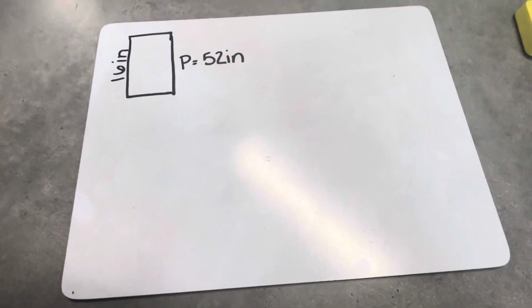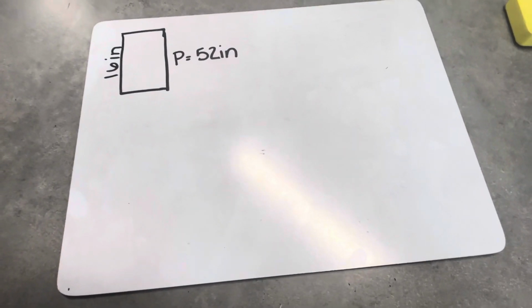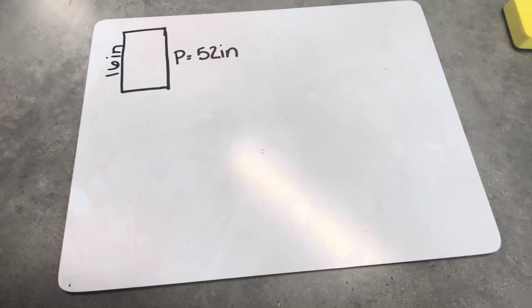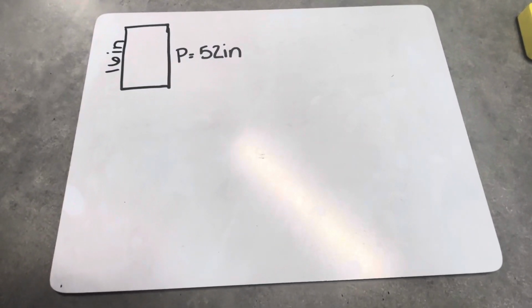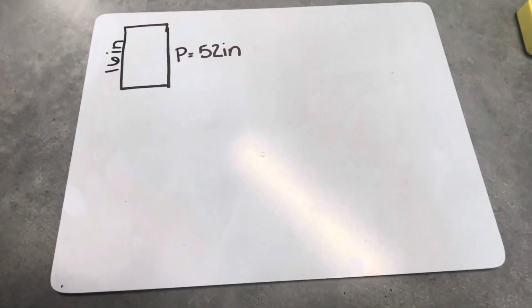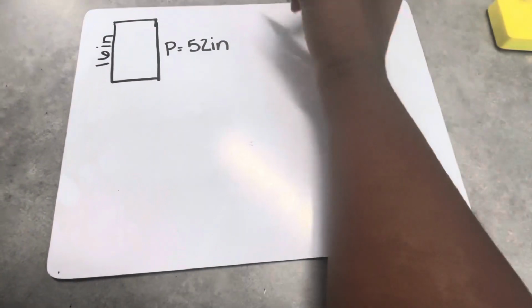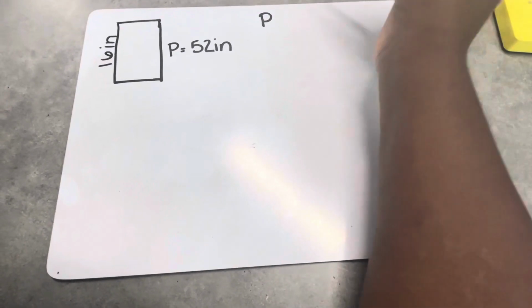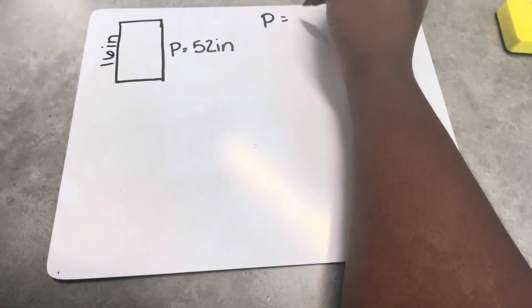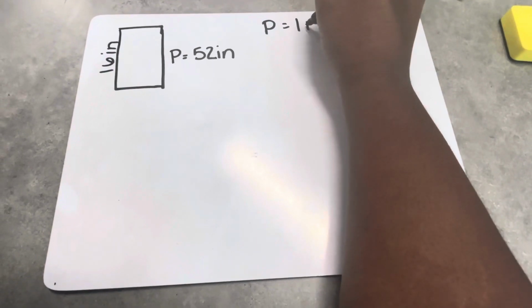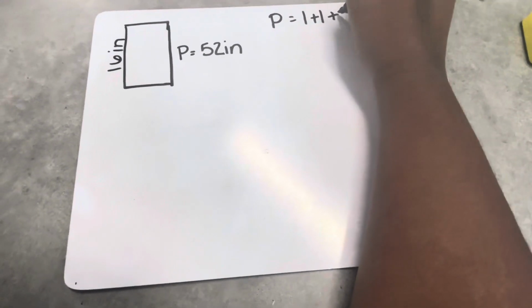Okay, so today we're going to be learning how we find the unknown side when we're just given one side and we're given the perimeter. So what we're going to do is think, what do we know? I know the equation for perimeter, okay? I know that perimeter is equal to the length plus the length plus width,